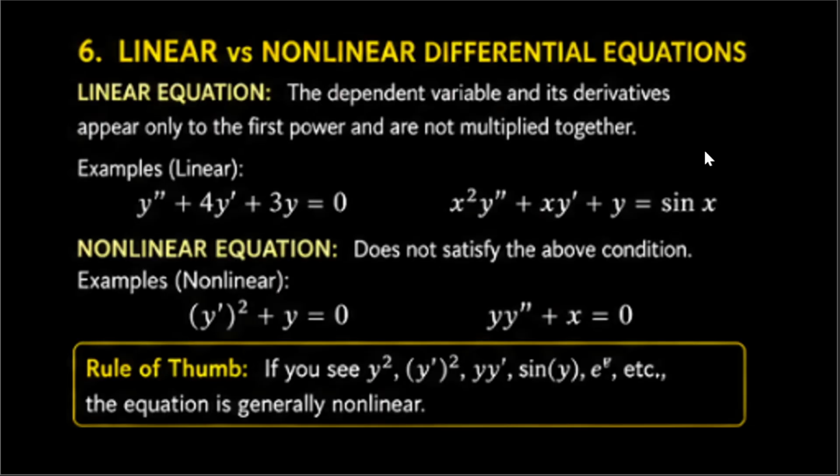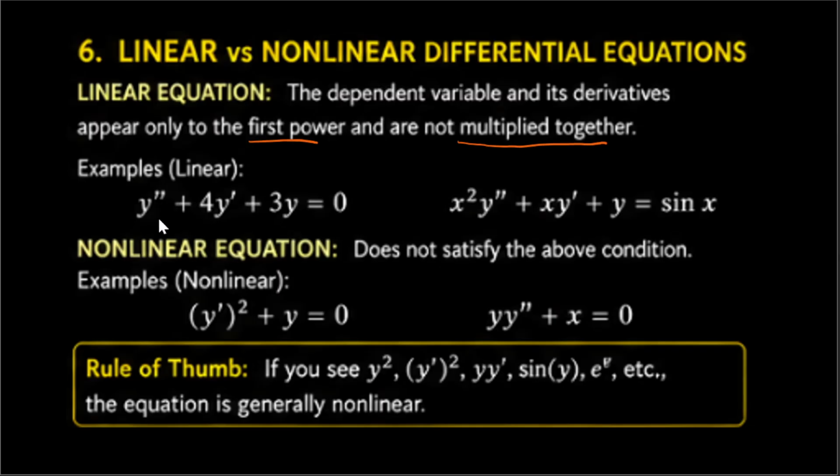Okay, next. So linear or nonlinear differential equation. So a linear differential equation has this condition. The dependent variable and its derivative appear only to the first power and are not multiplied together. So meaning there are two conditions. The exponent of the derivative is 1, to the first power, and they are not multiplied together, no? So for example, this one, no? So this is linear